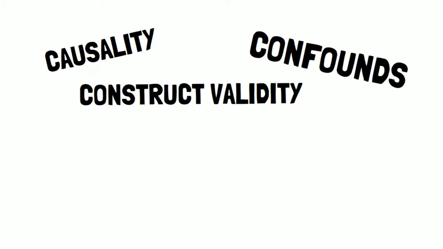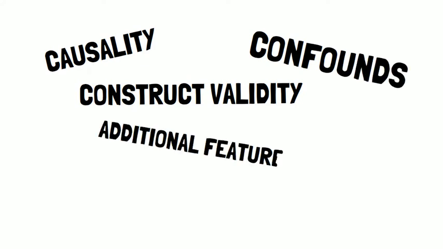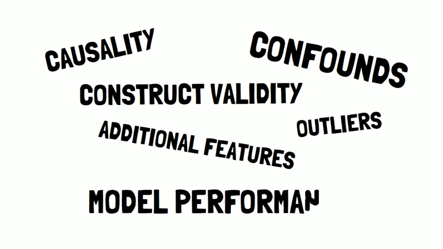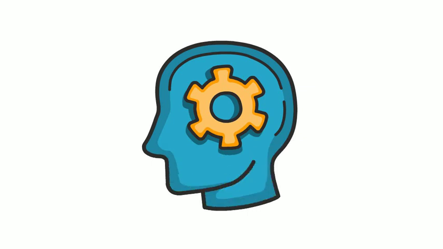So these complete novices wrote self-advocacy letters for these scenarios, and we used thematic analysis and inductive coding to surface the themes that emerged. Learners mentioned lots of concepts like causality assumptions, construct validity, like what we were measuring, was that even valid? Confounds in the setup of the model, additional features you could use, whether or not the model accounted for outliers, and then model performance, how well the model even fit the data it had. All of those are indicators that the learner was paying attention to the mechanisms of machine learning, and we can actually count up how many each learner used in their self-advocacy arguments.